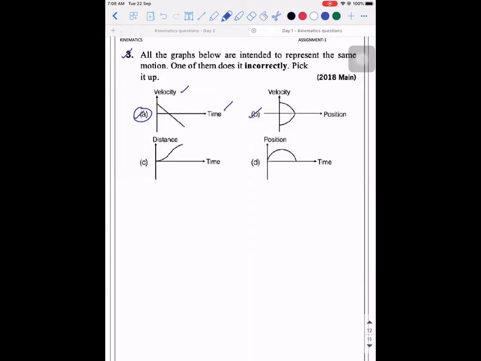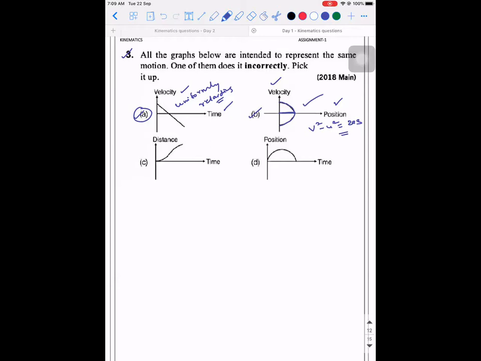If velocity is decreasing with respect to time uniformly, retardation. It is uniformly retarding. That's right. Okay. If you look at the velocity position, what is the equation? v square minus u square is equal to 2as. As the position is increasing, you can observe that the velocity is decreasing. Right? Again, it is increasing. So what does it represent? So this graph is also right.